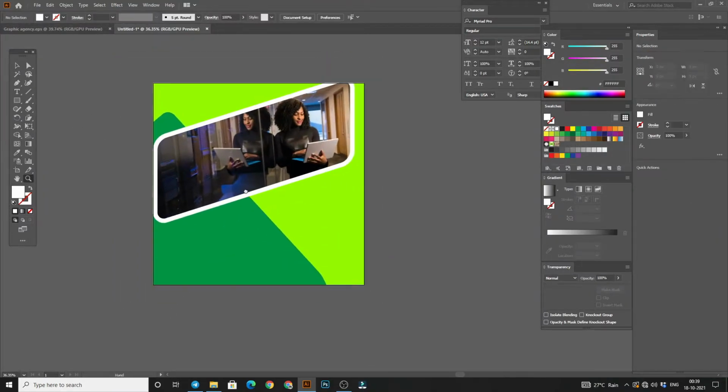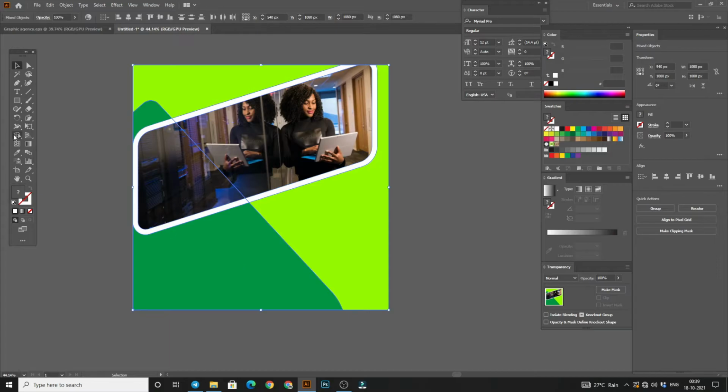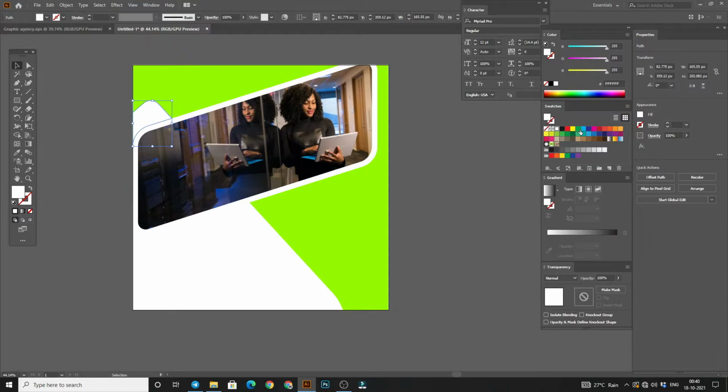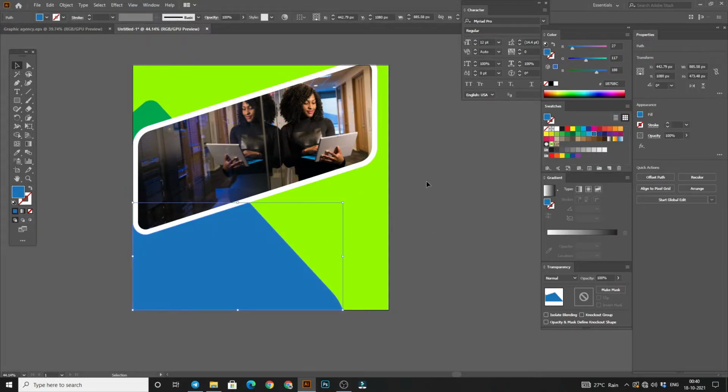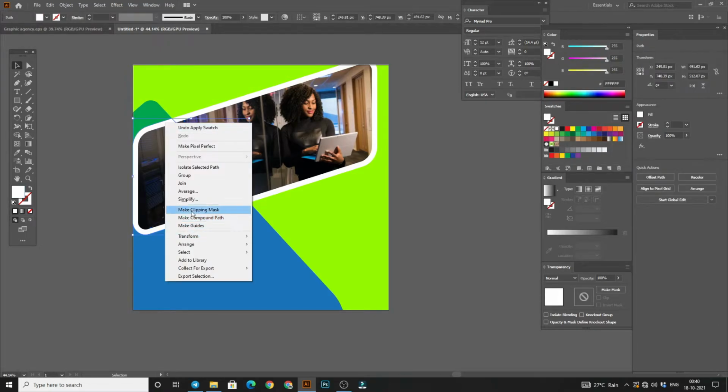Now we have to put our logo, but we need to change the color of it. So select all shapes and click here and here and here also. Now put some different color like this, and here this color, and select it and bring it to front.